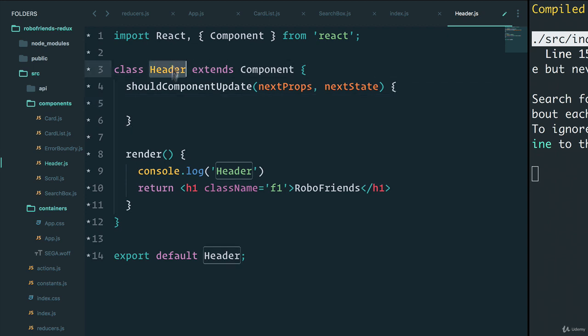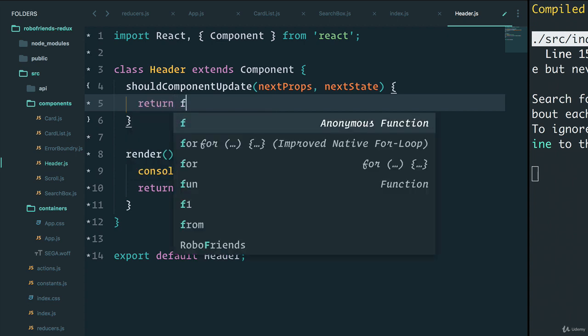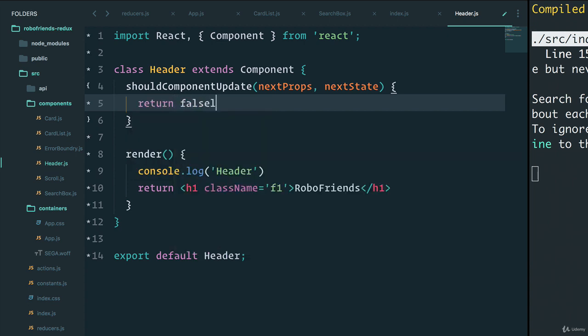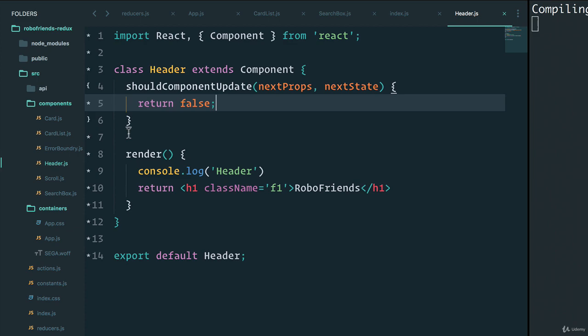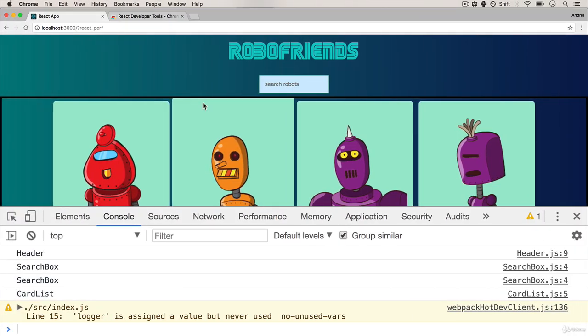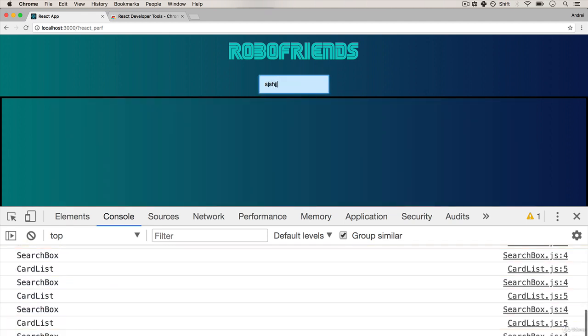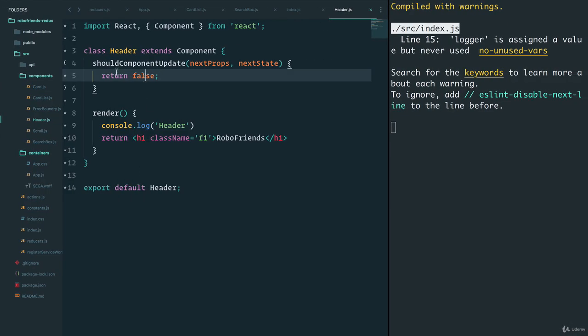We just know that we don't want to render the header component. And so we can just say return false. Let's see what happens here. I'm going to save, go back, and look at that. Our header component just renders once, the original time. And no matter what now, our header component will never re-render. And that is because we always have shouldComponentUpdate false. Nope, just never update